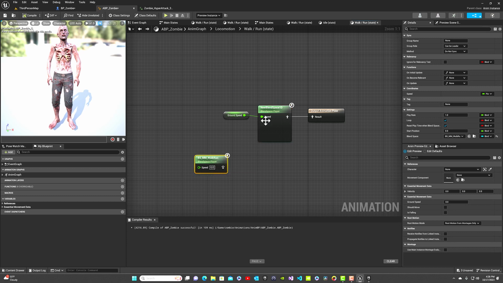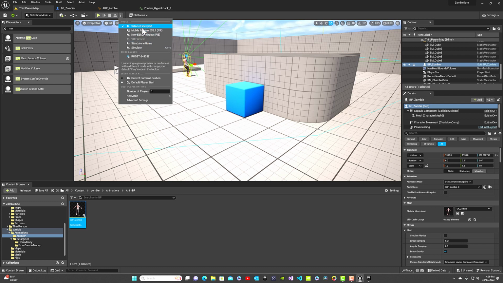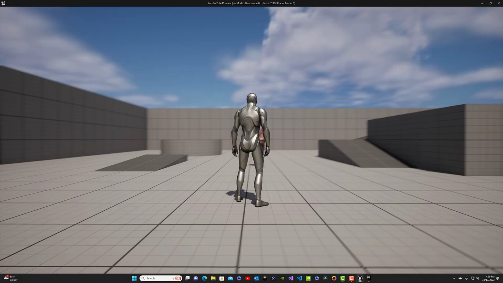If I were to hook this blend space back up, then it would no longer use the animations that were used in this blend space. It would use whatever was in this blend space, and I don't even recall if these animations were ever retargeted to this IK rig anyway. Otherwise, I would show it to you right now, but since everything's working, I don't want to end on a bad note. So let's just have a little bit more fun and play in editor, maximize our screen,